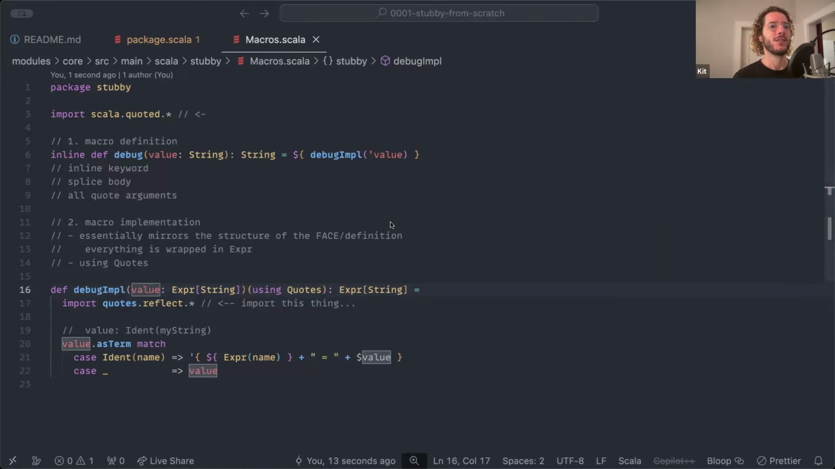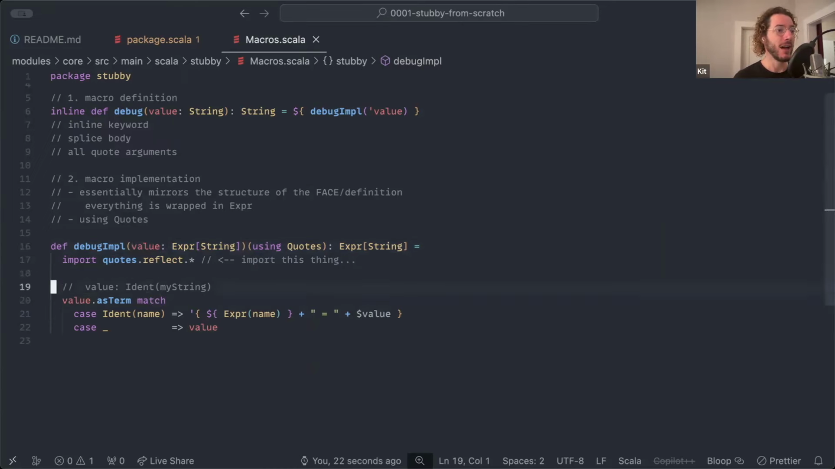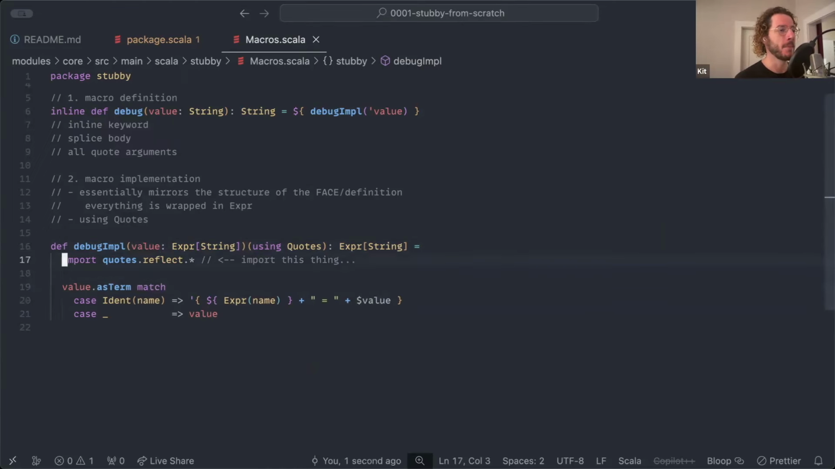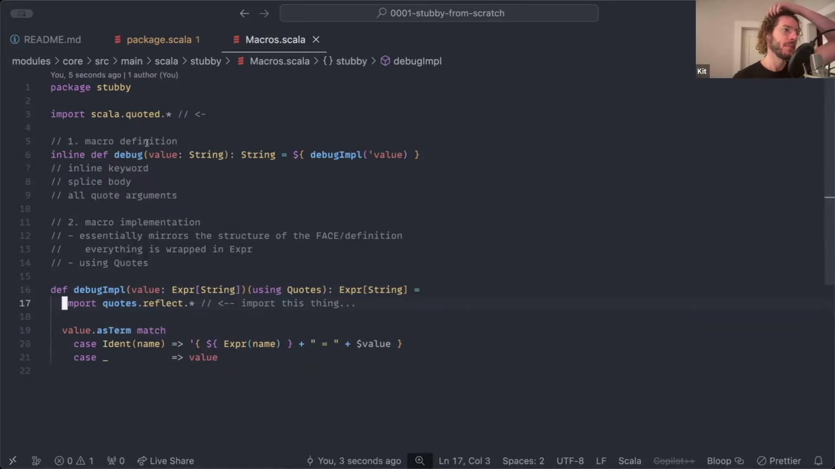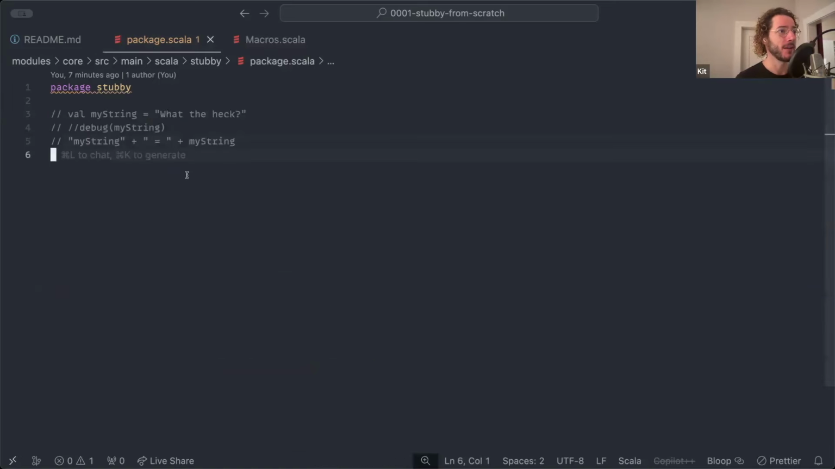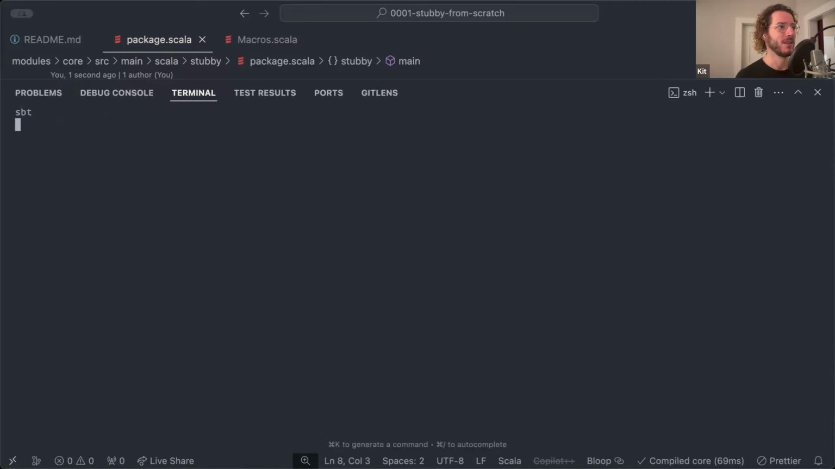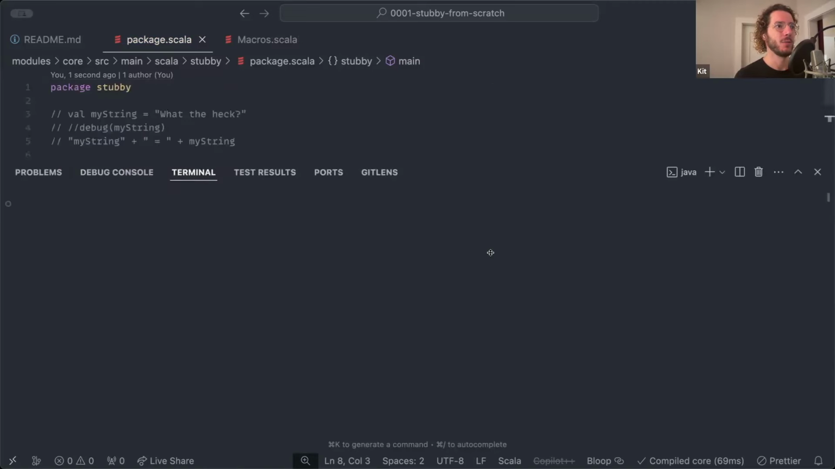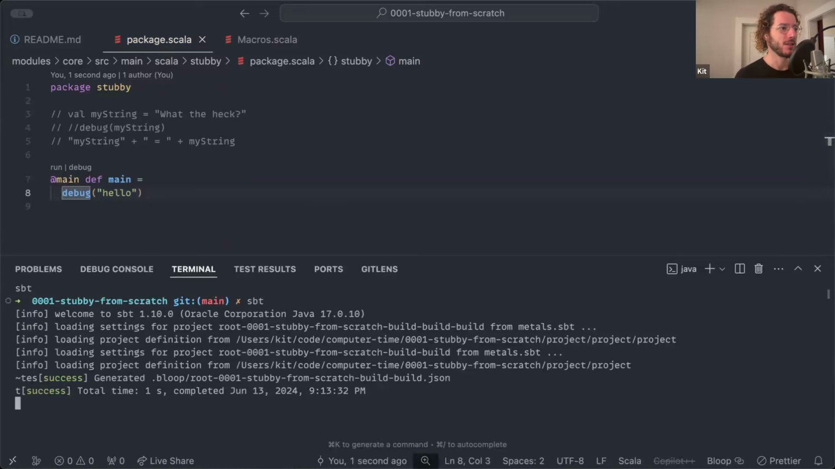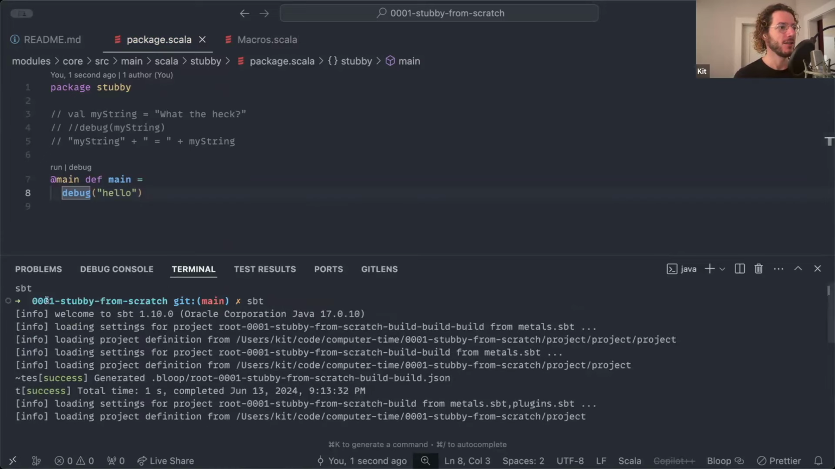Okay. So now it looks like it's compiling. I want to take a look though. One thing to know about macros is you cannot call them in the same file that they're defined. So we're going to jump back here, and I'm going to say debug hello, and maybe I'll say def main debug hello, and then we can spin up the terminal, open up SBT, check out stubby from scratch